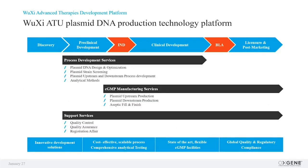Together with our colleagues at WuXi ATU, we offer a range of services to support our customers with every stage of their journey from discovery to product commercialization. These services include plasmid design and optimization, process development, cGMP plasmid manufacturing, and additional support with quality control, assurance, and